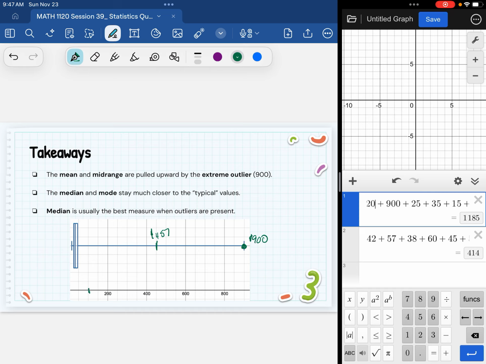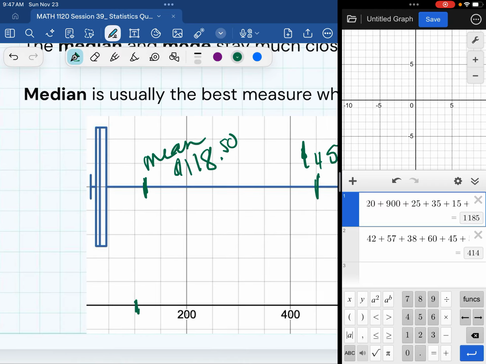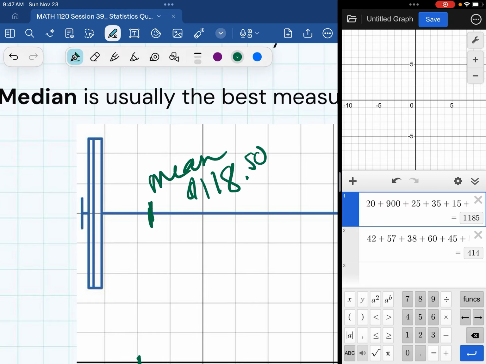Here's 100 here. So the mean is going to be somewhere in here. The mean at $118.50. I know this is a little difficult to see, so I'm going to zoom in right here a little bit. The median is always going to be the middle line in your box plot. Right, so there's our median,